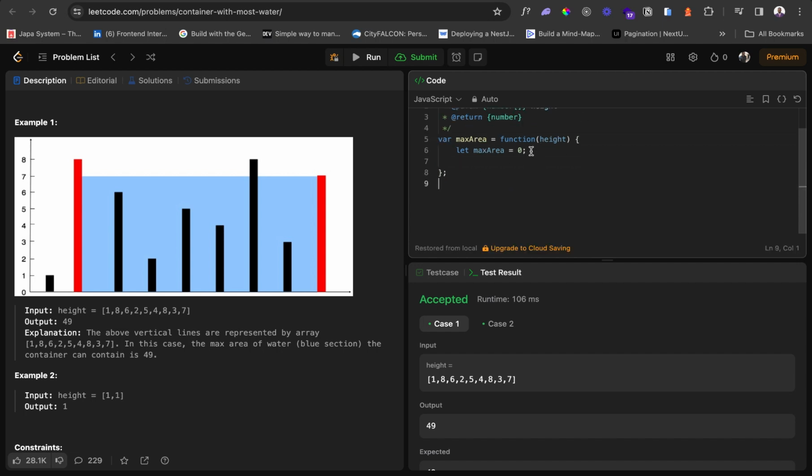So here we are going to be initializing a couple of things. We're going to be initializing P1 to be 0, P2 is going to be the last element there, which is the length minus 1 because of the 0 indexing, right? So we have to subtract 1 from it. And then we're going to initialize max area as well to 0 like before,